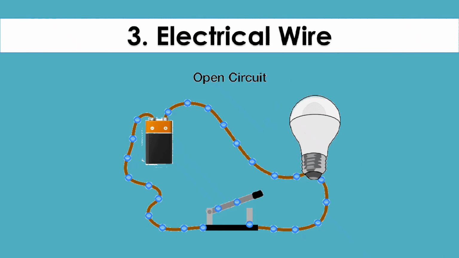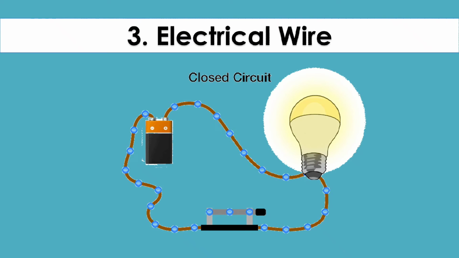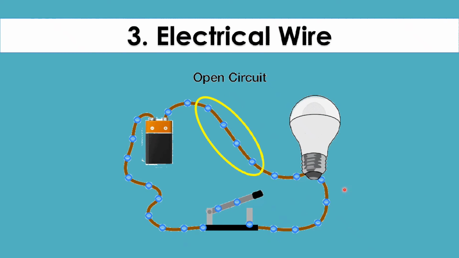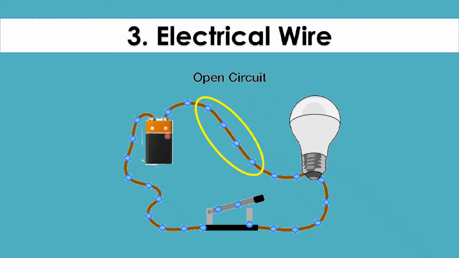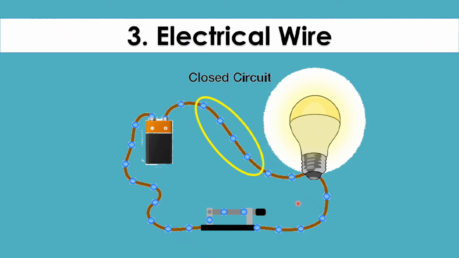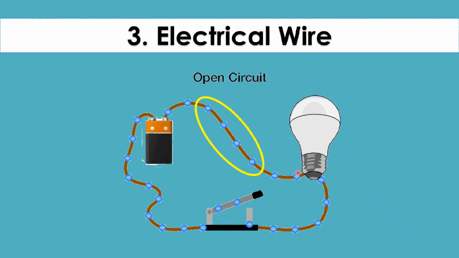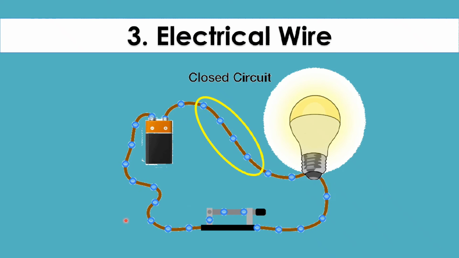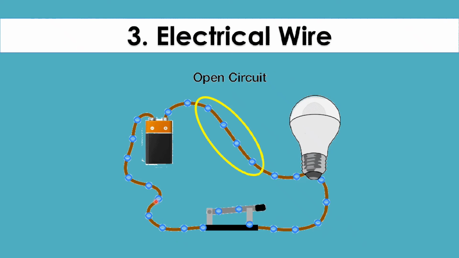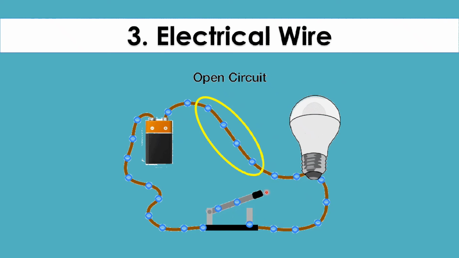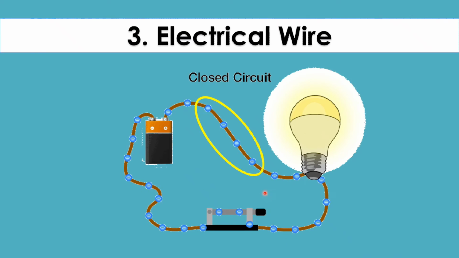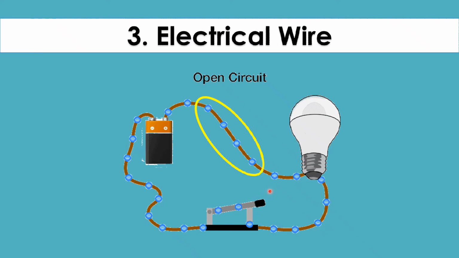And we have the third one, the electrical wire. So an electrical wire is this one. An electrical wire carries electric current between the battery and our device, which is the bulb. Alright, so this is some electrical wire. This is the one that connects our electrical source and our device. For them to work, we need the electrical wire, because the electricity will flow in